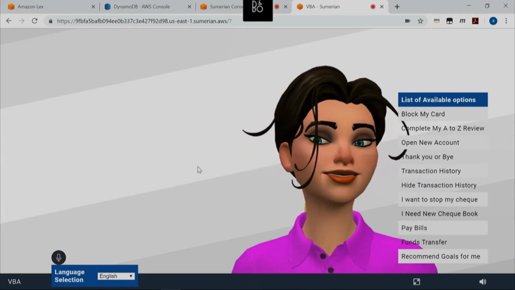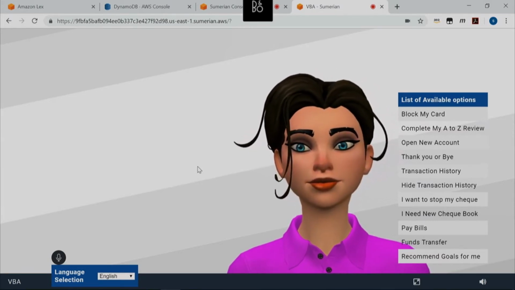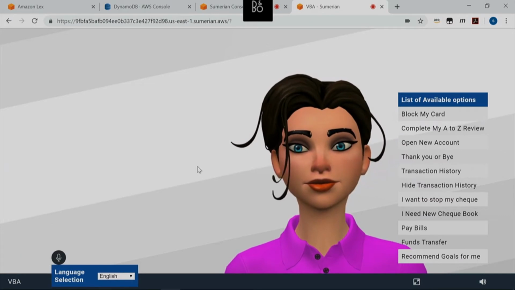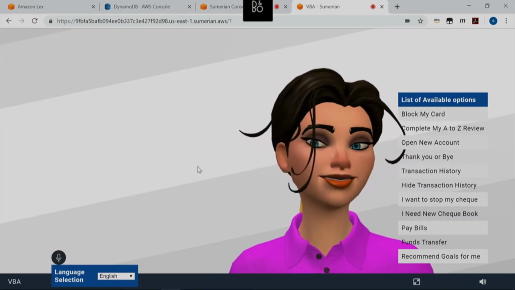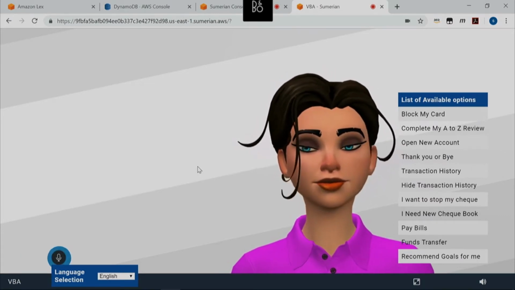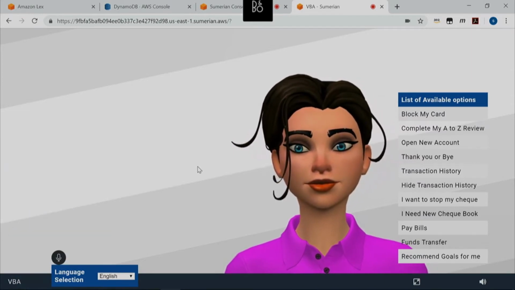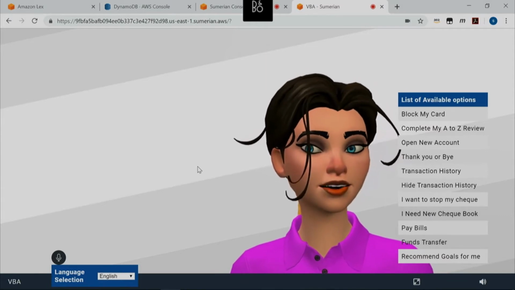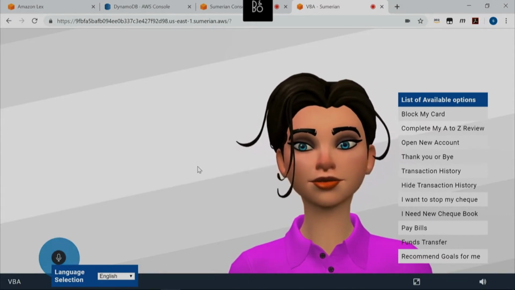Please provide your customer ID. 1. Please say the 4-digit year in which you were born. 1976. Please say the 4-digit passcode you have set to log in online. 1234.